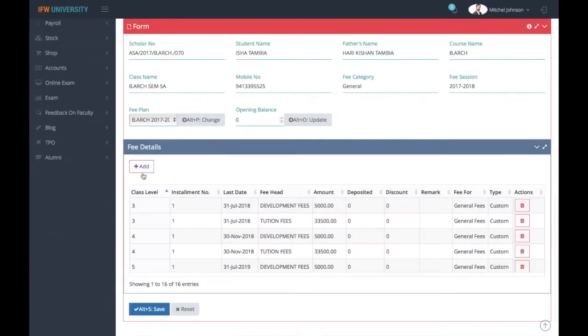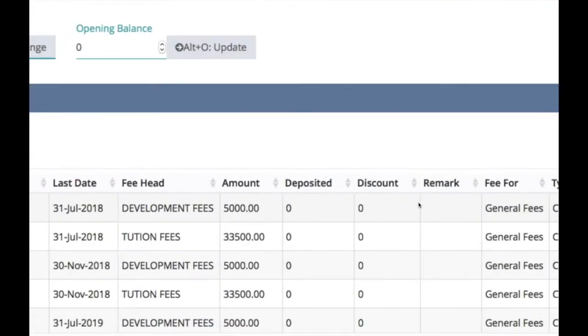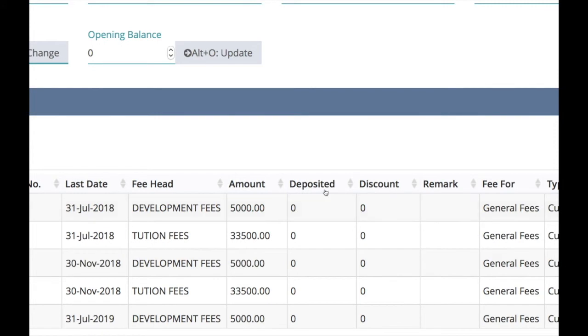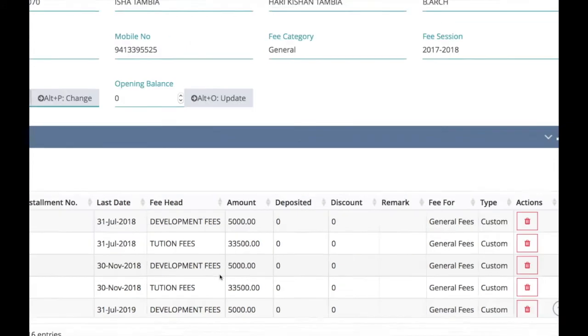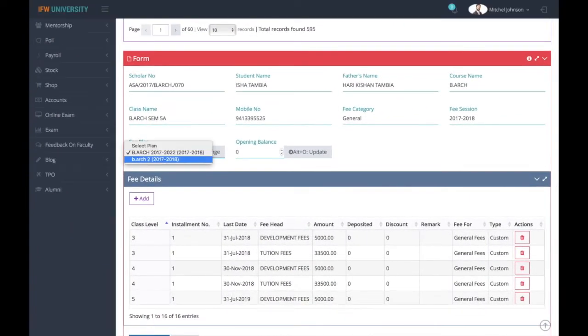Select the student from here, select the fee category, fee session, and select the fee plan, that is, which fee plan will be applicable on this student. According to the selected fee plan, the details will be fetched here, showing what the amount will be for each head. These amounts will flow as per the selected fee plan.